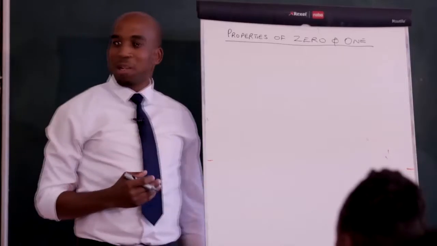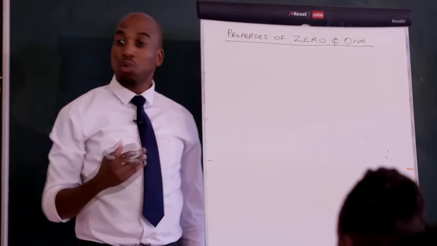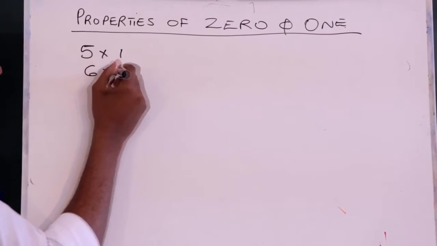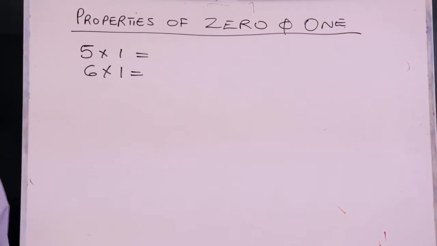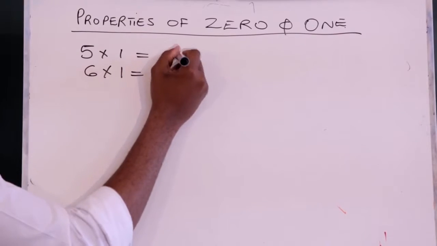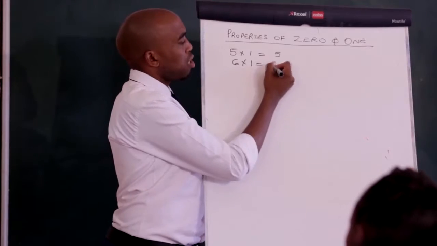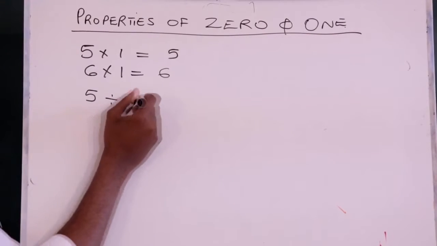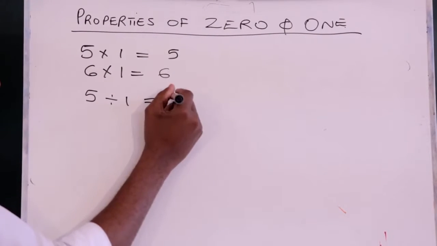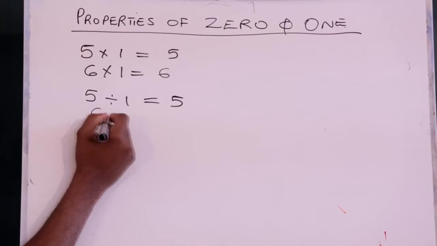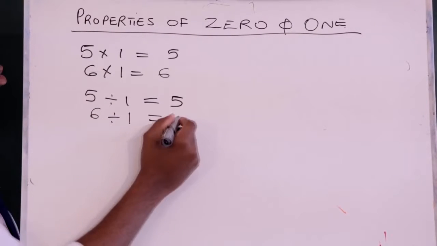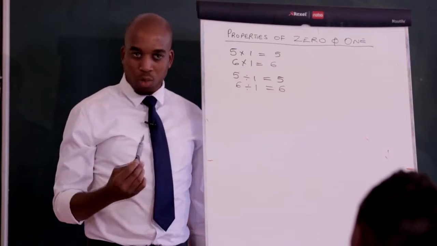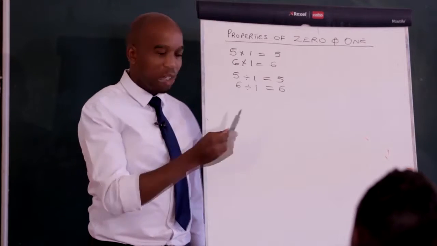You might think 0 is nothing, 1 is nothing, but these numbers make a huge difference. All right? If I say to you 5 times 1, and then 6 times 1. What is 5 times 1? 5. 6 times 1? 6. And then 5 divided by 1? 5. And 6 divided by 1? 6. So basically, any number that you multiply by 1, it will come back as it